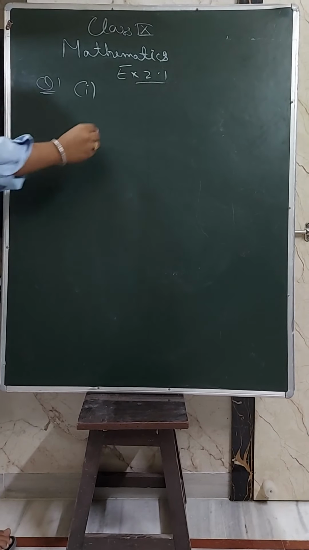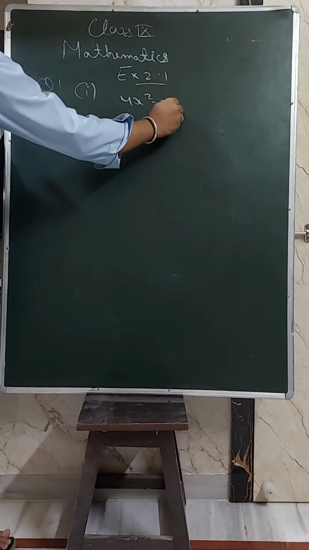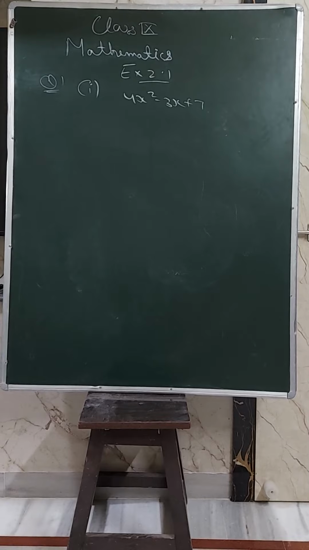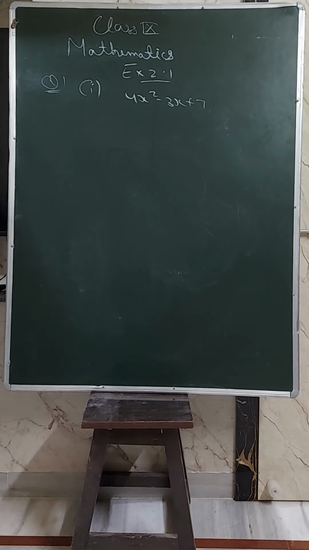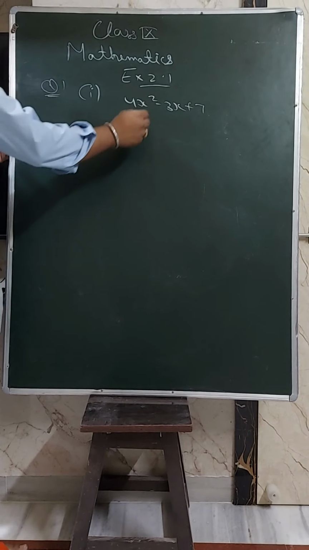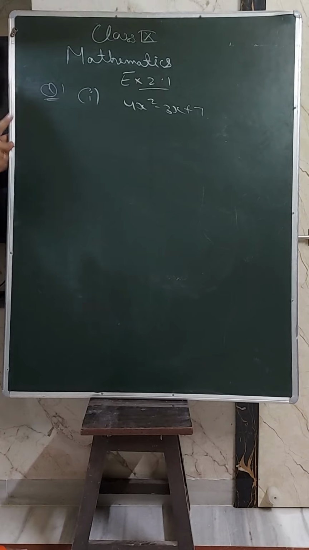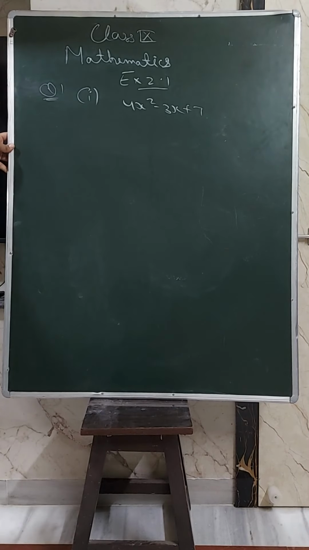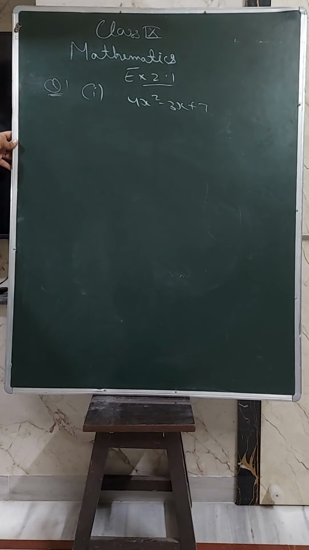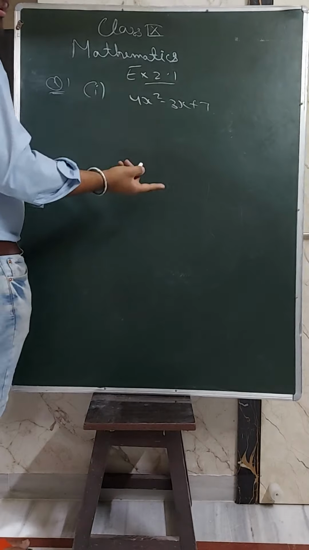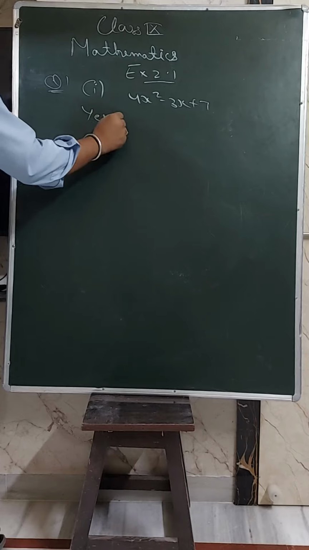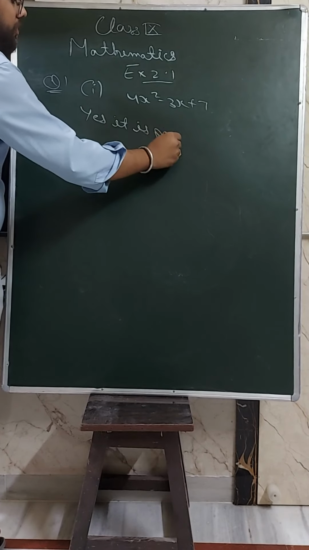First part is 4x square minus 3x plus 7. Is this a polynomial of one variable or not? See how many variables are there? Only one variable is there, x. And see the power. Power is 2 only. If the power is a natural number like 1, 2, 3, 4, then it will be a polynomial, and only one variable should be there. Means x only or y only or z only or t only. So write here, yes, it is one variable